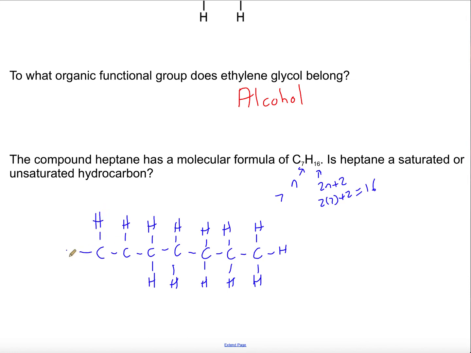And if we count them here now, as we draw them all in, if we start here, let's start over at this one. So we'll start with this one. That's 1, 2, 3, 4, 5, 6, 7, 8, 9, 10, 11, 12, 13, 14, 15. And that makes 16. So that is a saturated hydrocarbon. It has the maximum amount of hydrogen that it can possibly have, and all of the carbon bonds are then